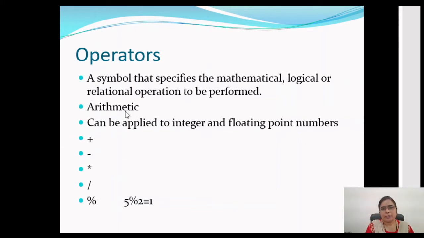These are binary operators. They require two operands and then they produce some output. These operators can be applied to integers or floating point numbers. These are the operators that you were studying throughout your schooling, and one more operator is here that we will discuss. So the operators that we have here are plus for addition, minus for subtraction, multiplication is indicated with the help of an asterisk symbol. Then for division, we have the slash symbol, and this is the modulus operator that provides you the remainder.